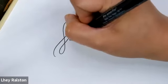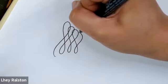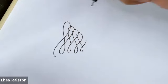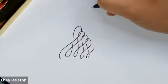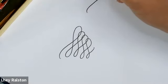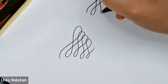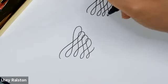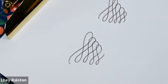So this is the one that I practiced a lot when I was first starting. It's kind of like the infinity sign, right? Let's try that again. So kind of like the number 8. You're doing the number 8 over and over, or a letter L. And that's one tip that really helps me a lot